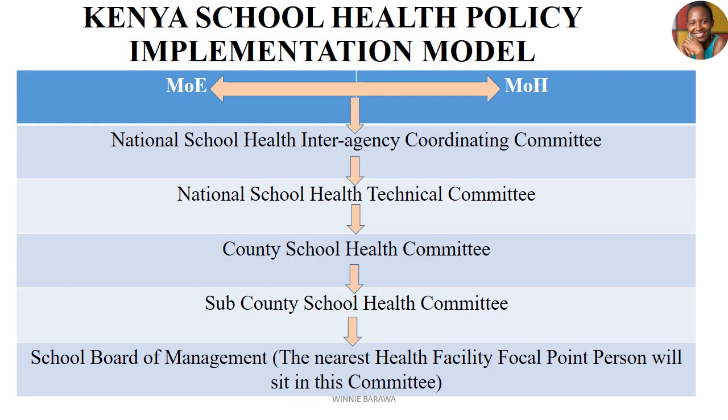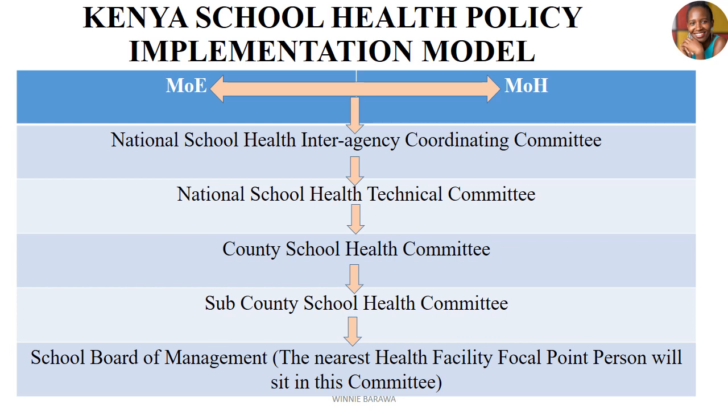So the Kenya School Health Policy Implementation Model adopts the devolution model that is in Kenya. Kenya became a devolved government in 2013, and in this regard the implementation of this policy, which was developed in 2018, is going to adopt the county model. So in this aspect, we will have a national committee that will be working together now with the county committees to streamline all the way to the local and